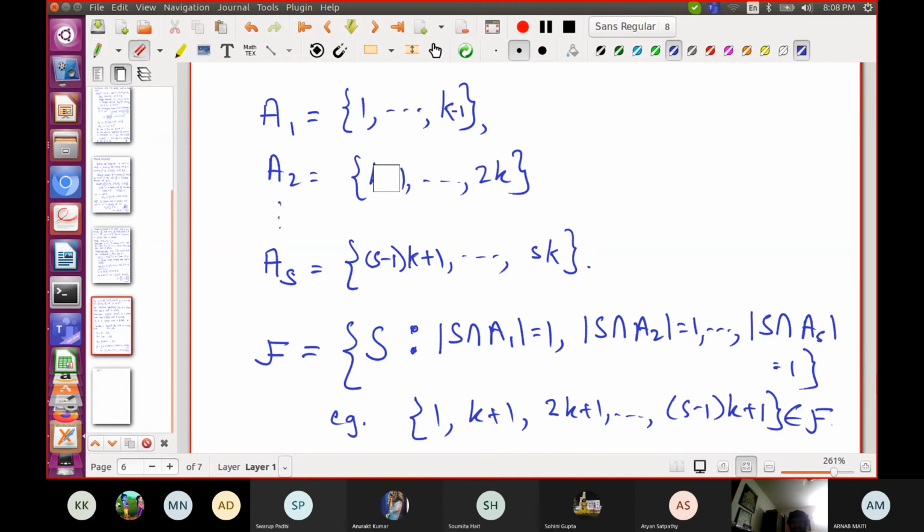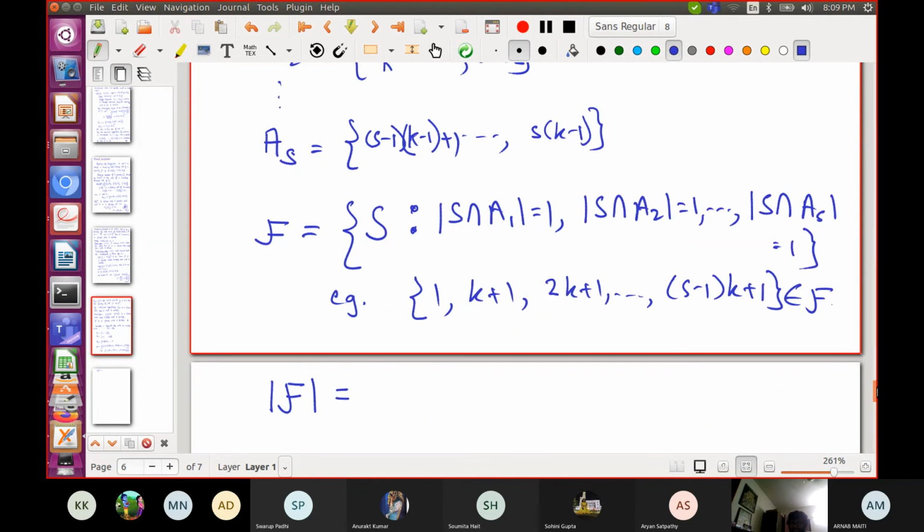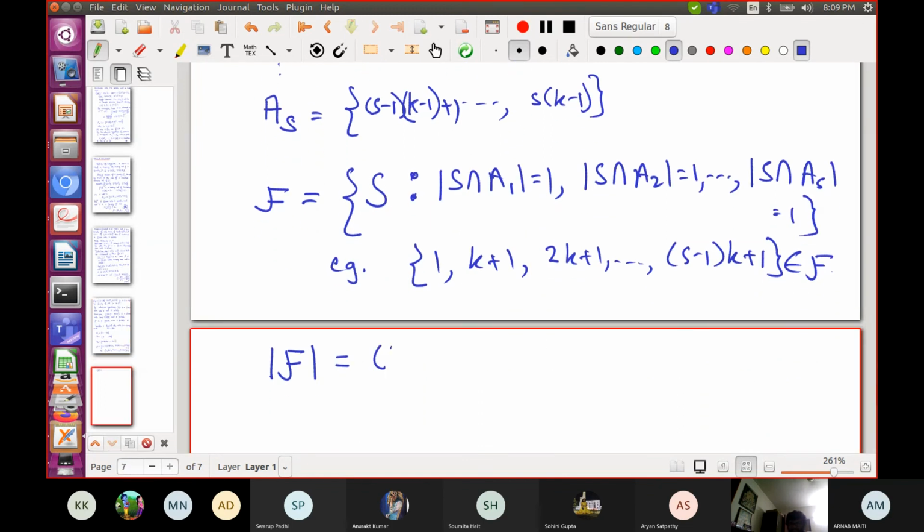So it is k minus 1 to the power s. Exactly these many elements.